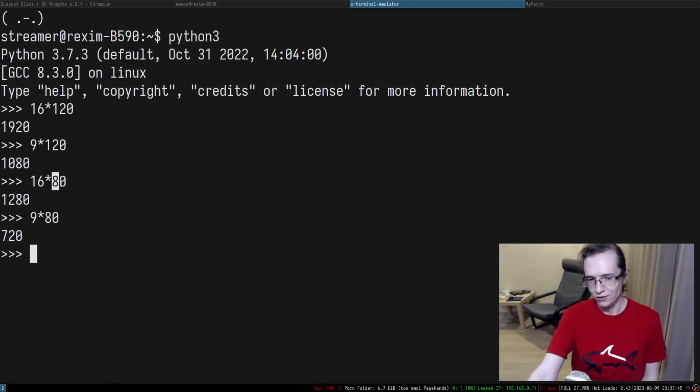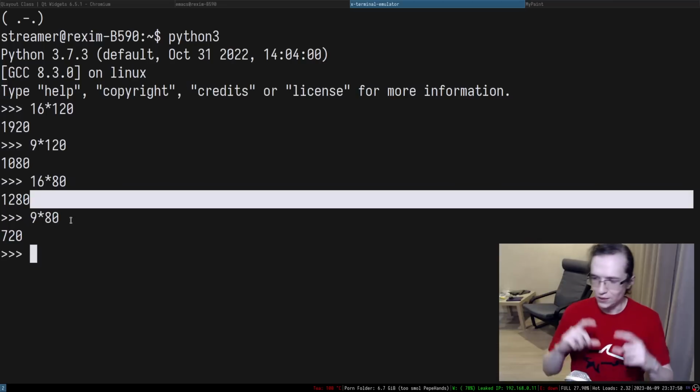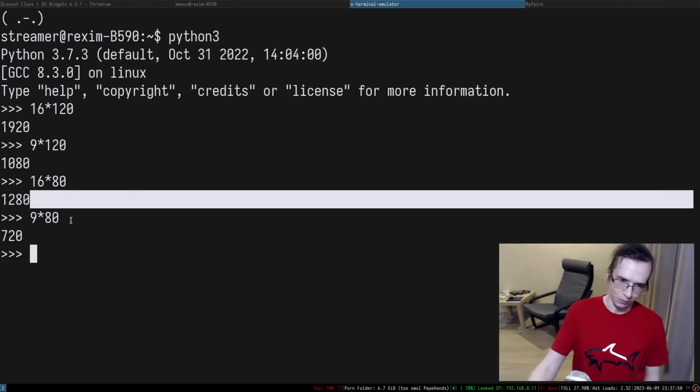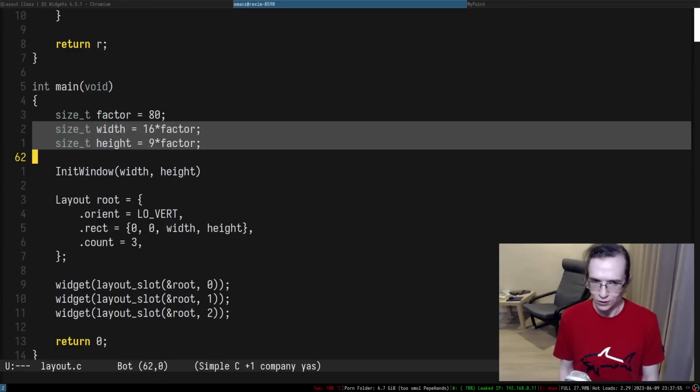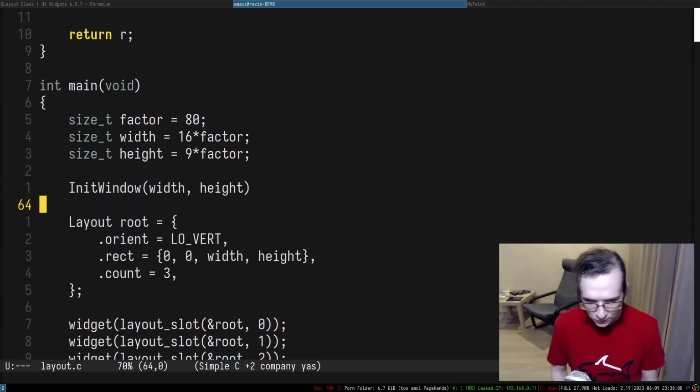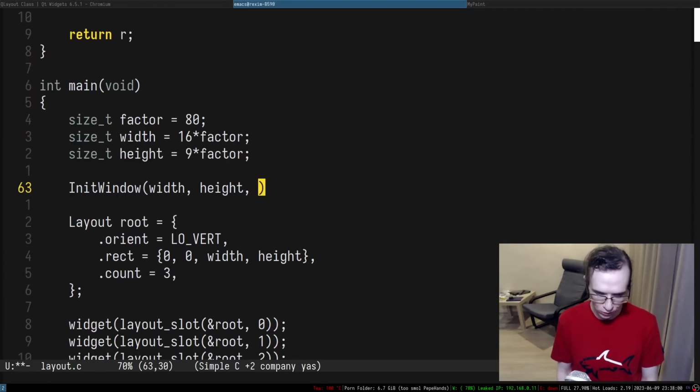It's just they have different factors in here, but the aspect ratio is the same. So that's what I'm doing here. I have a single factor that controls this entire thing, and I don't care about width and height. That's the usual thing I like to do. So if I remember correctly, you have to put a title in here. So init window accepts width and height and the title of the window.